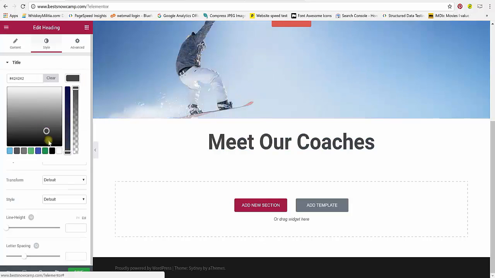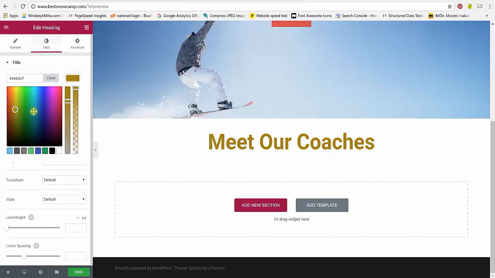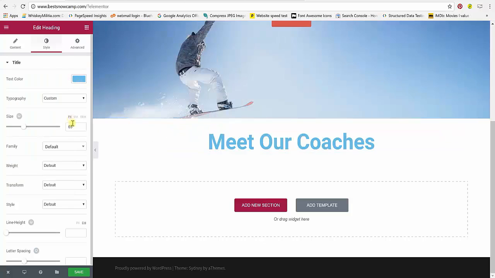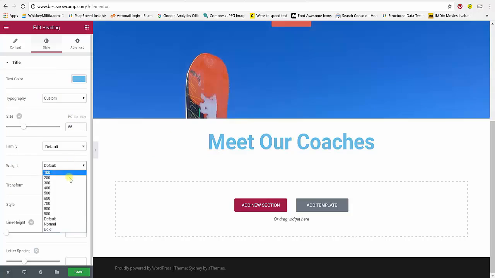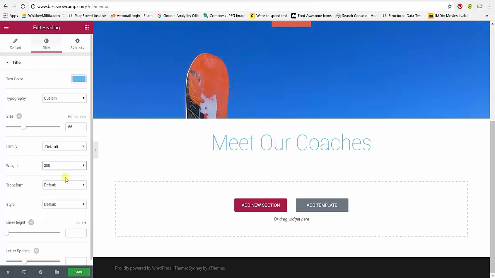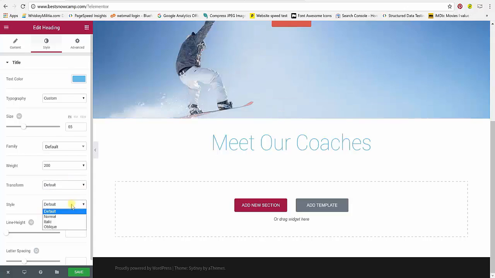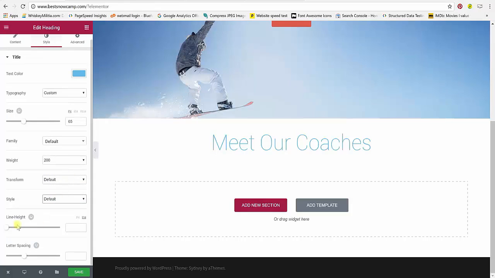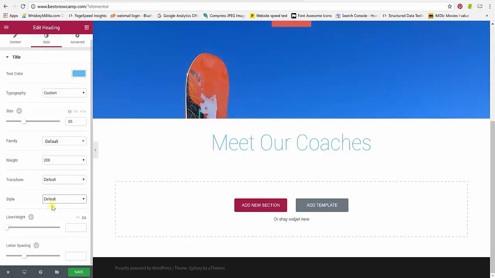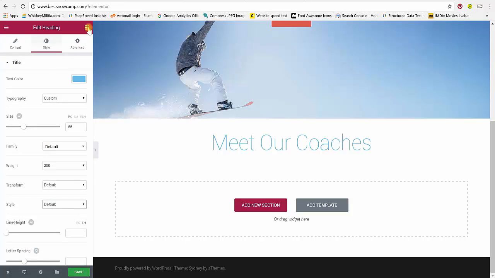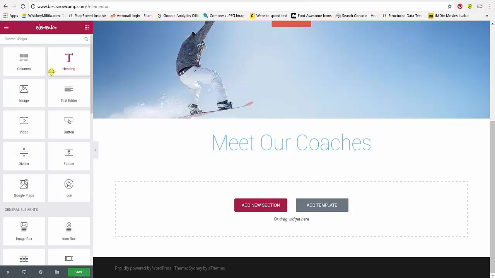We can change the color to whatever you guys want, but because I stick with the blue theme, I will go with the blue color for my titles. Okay, now you can change the font family to any font that you would like. You have hundreds of fonts to choose from. You can change the weight, which I'm going to do right now. I will change it to 200 to keep it more classy, and we can change the transform and the style of the font, but right now I'm gonna keep it as default. On the bottom you can change the line height and the letter spacing, and when you're satisfied with it, you can click back on the element bar on the right top corner, and now we're going to drag the subtitle